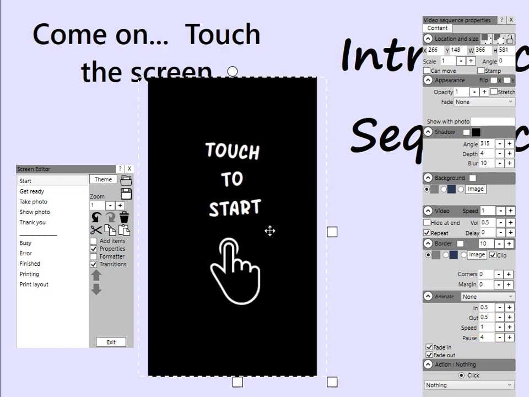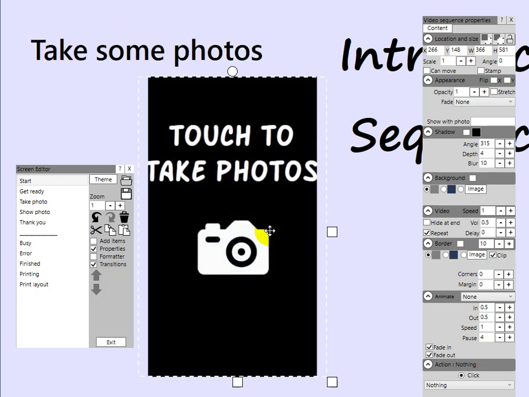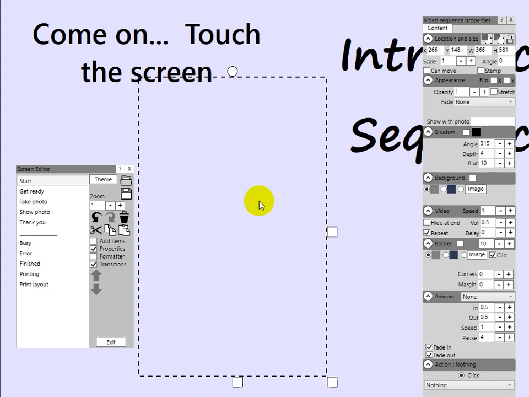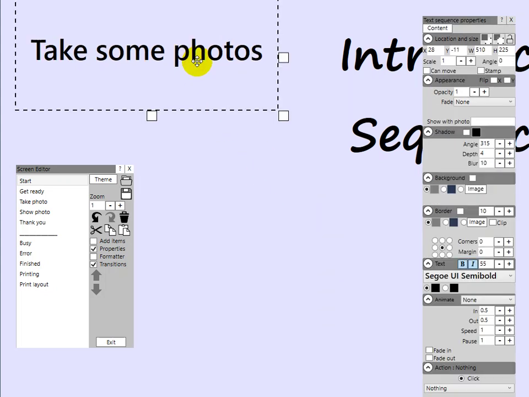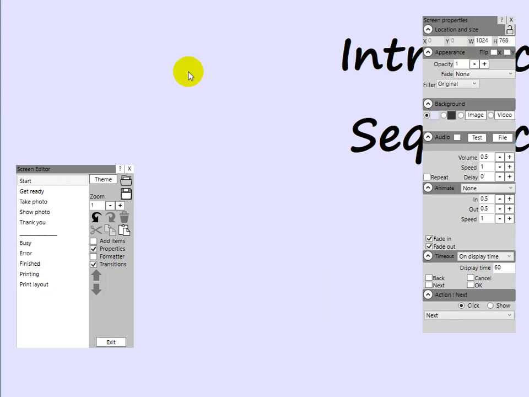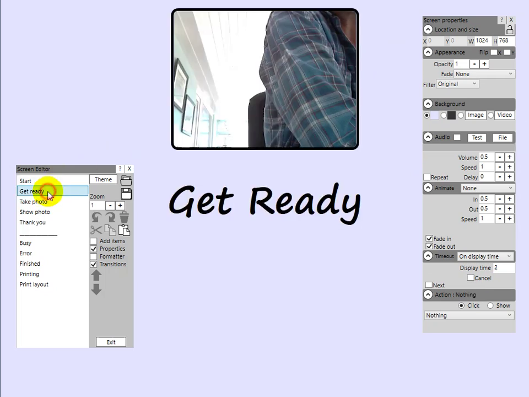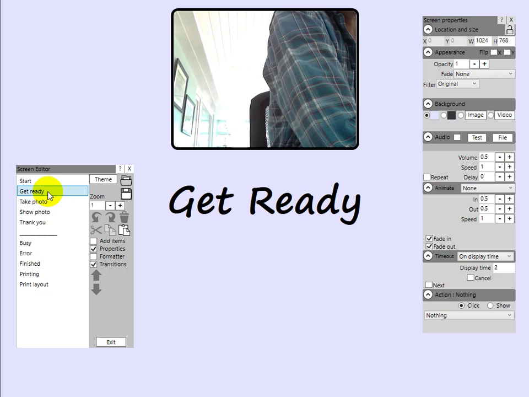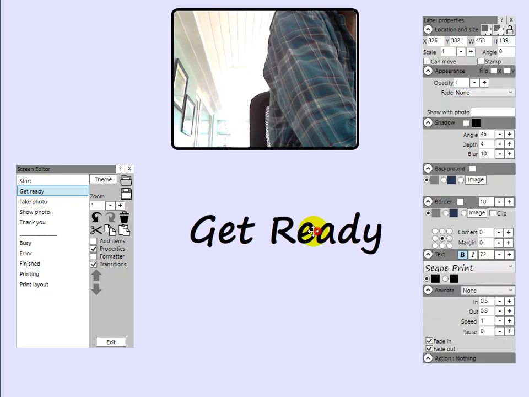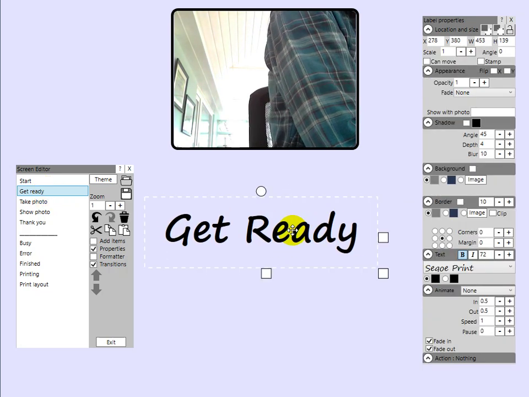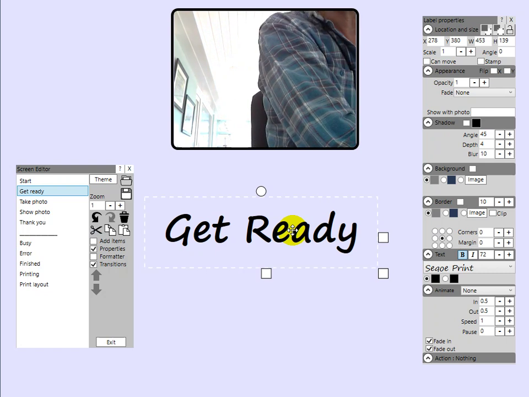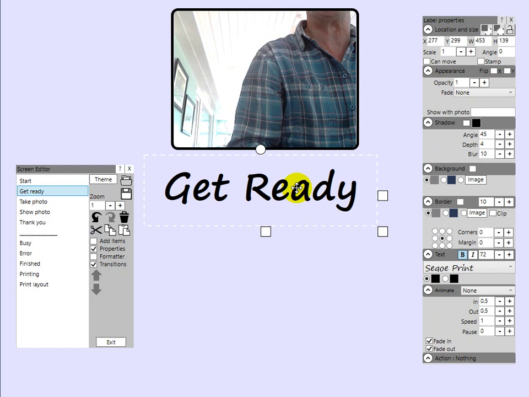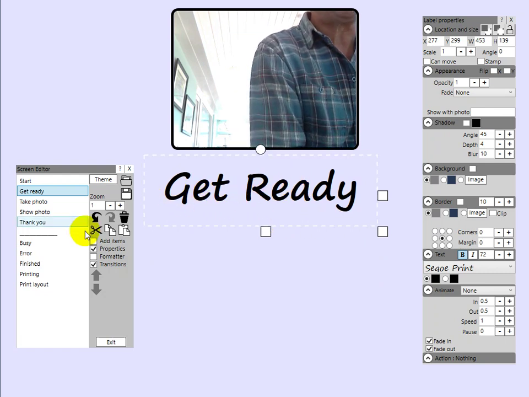Right, I want to show another option now. I'm just going to delete this one and probably delete this one as well. Let's go to the Get Ready screen. Now each time round the loop when you're taking photos, it will always show this single Get Ready prompt. Now you might want to show different prompts each time round the loop, so that's where a label sequence item would come in handy. So let me add one,